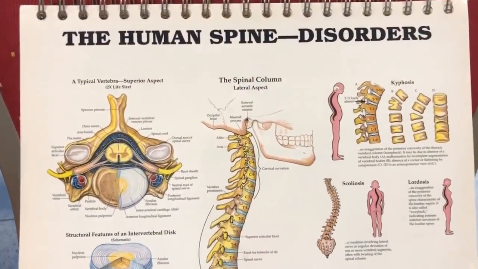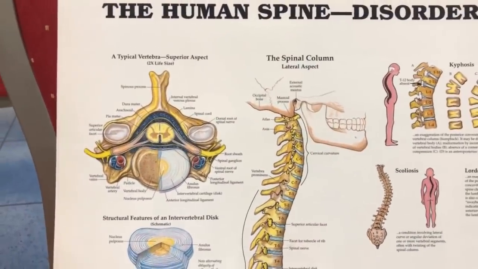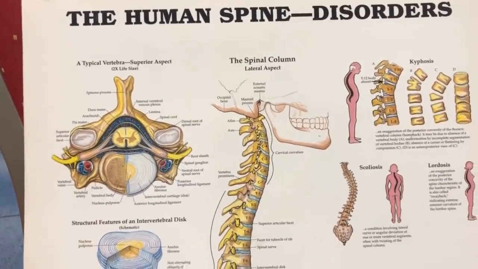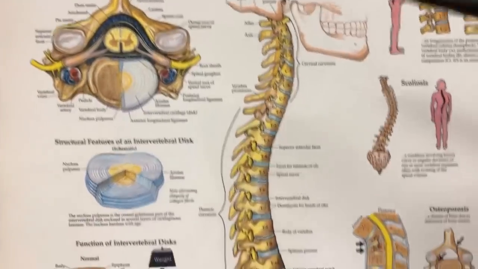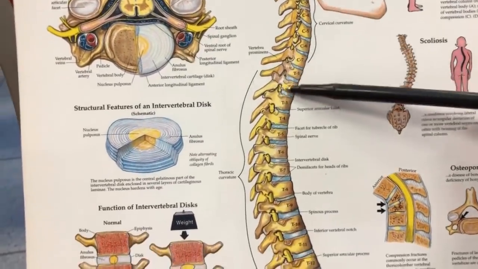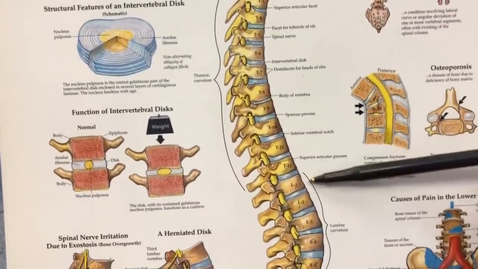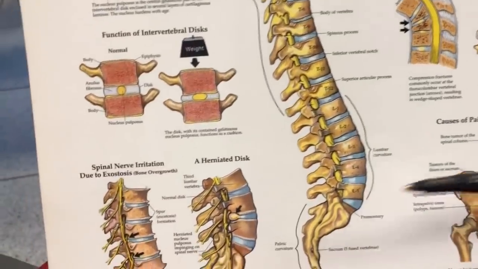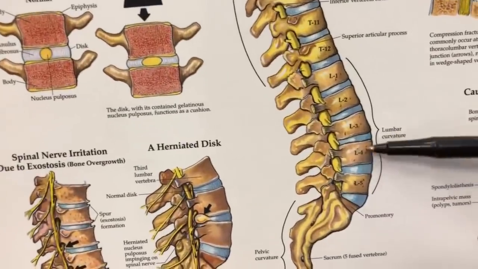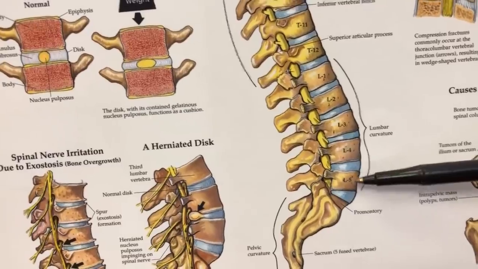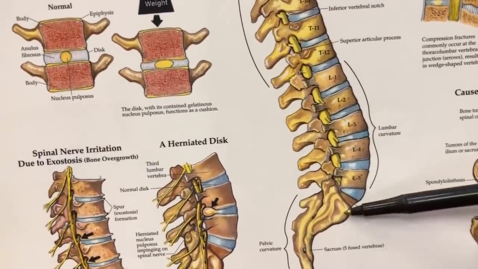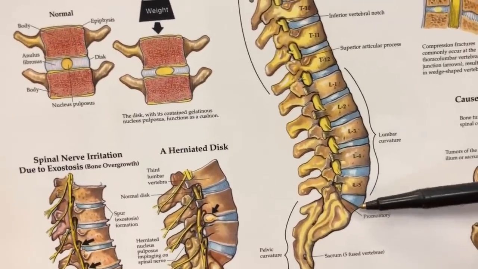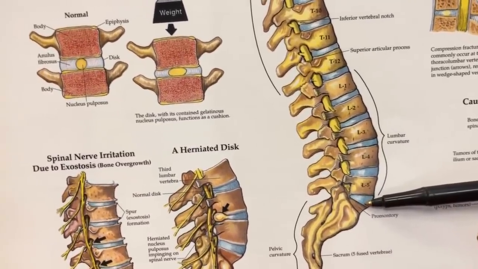So here's a spinal chart from the Anatomical Chart Company. And I want to show you, again, some of the structures associated with disc bulges. So here's a normal spine, okay? So nice curves on the lateral aspect. Very, very important. Here's L4 vertebra, L5 vertebra. That's the L4, L5 disc. L5 vertebra, this is the sacrum. That's the L5S1 disc right here.